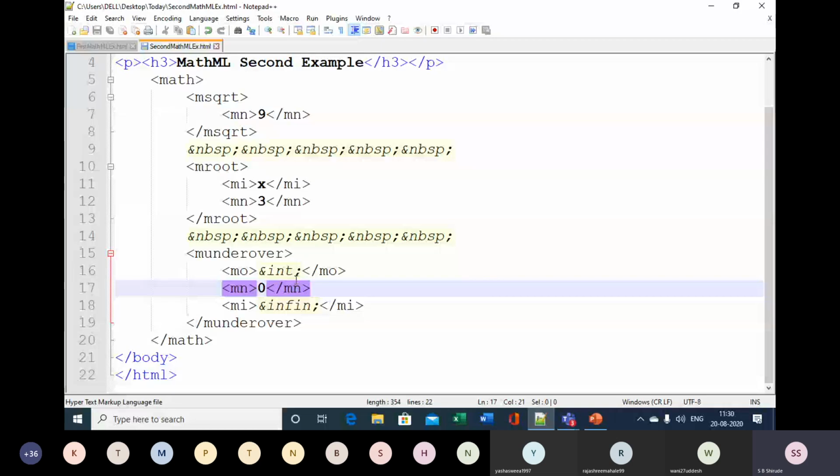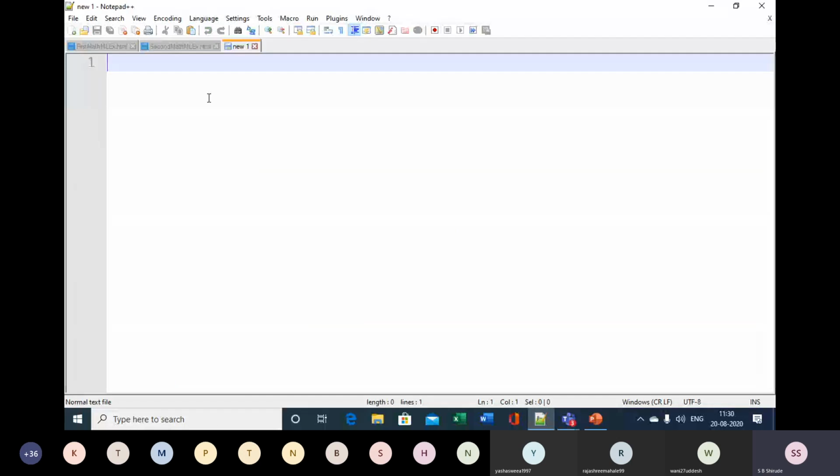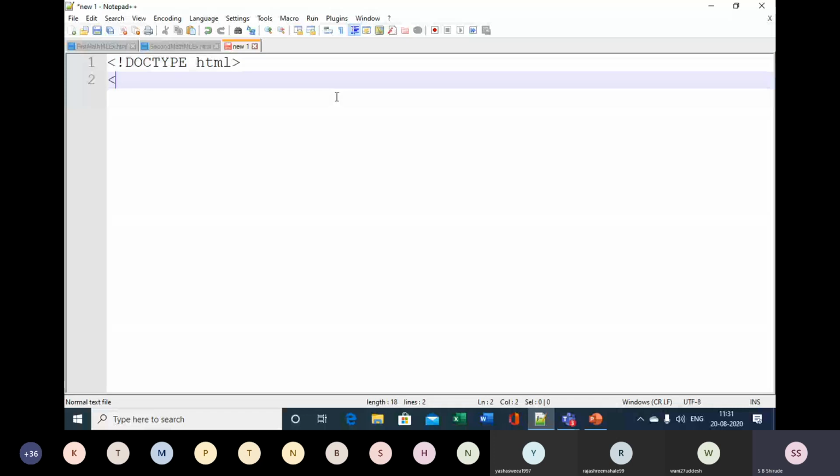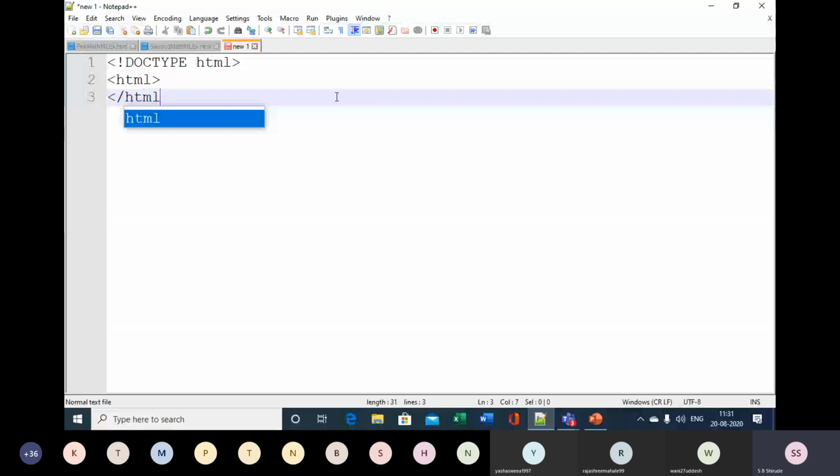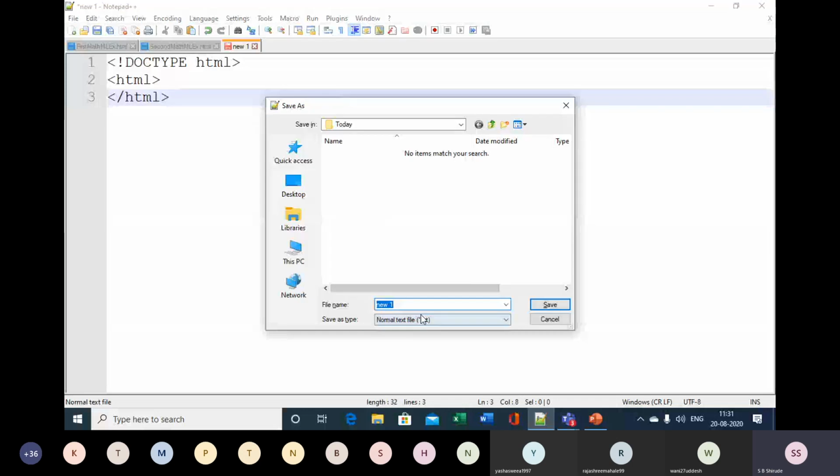So let me design one more example. So let me create another HTML file. So these will be the usual things that you have to do for every page. So doctype HTML, and then html, and then close it, and then after that save, so that the auto completion facility will appear.